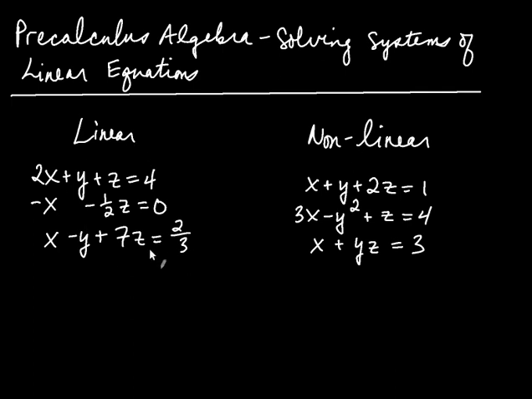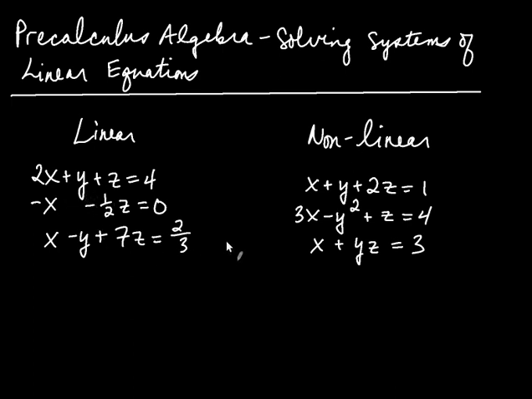Over here we see an example of a linear system, and you'll notice that all the variables, x, y, and z, are all raised to only the first power. That's the first condition that's necessary. The second condition is that any two terms containing the variables are only connected through addition or